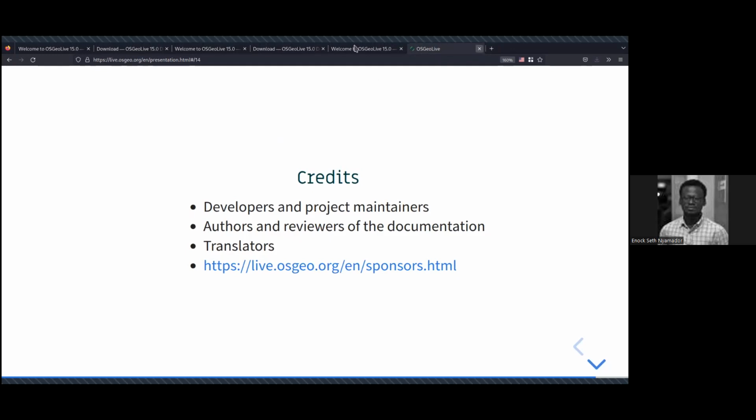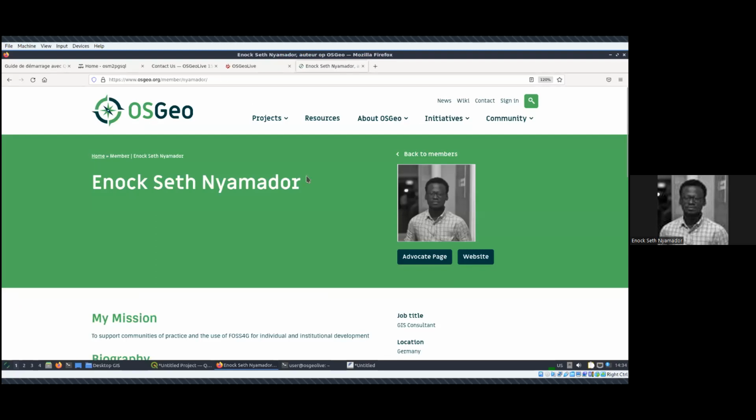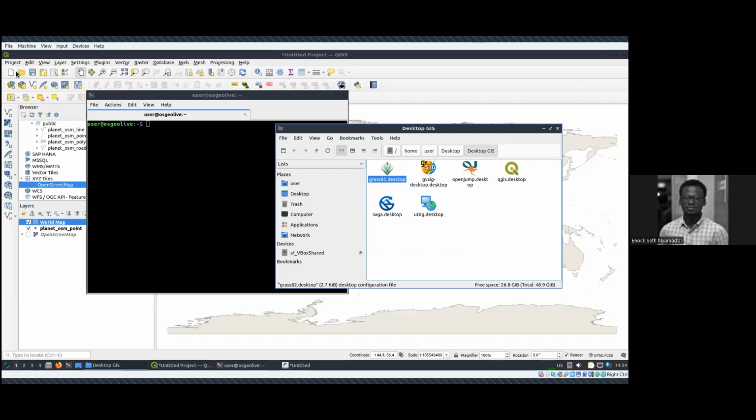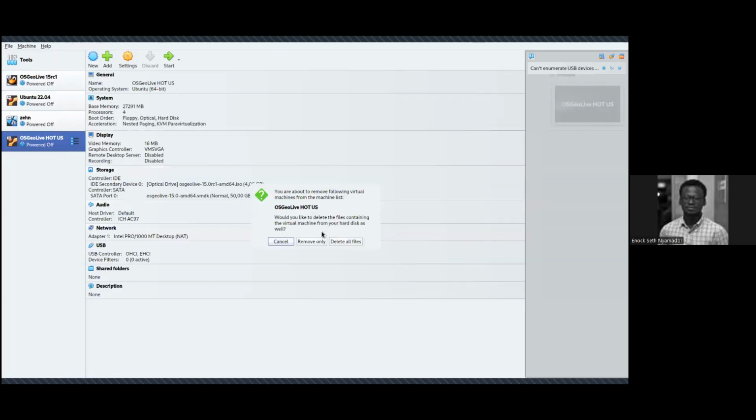I jump now to my VirtualBox. I think I will just need to shut down everything and we start from scratch again. Close. This is from the last time I spoke to your friends. I didn't turn off anything. So I assume that you are not seeing what is happening now. And then from now on, you can see. I will delete this, which I created, delete all files. I hope it doesn't delete the ISO.